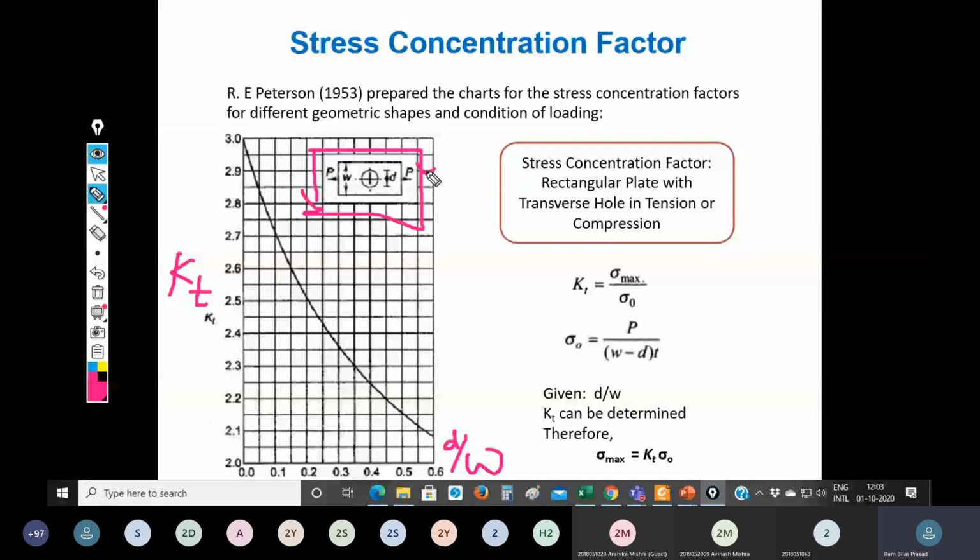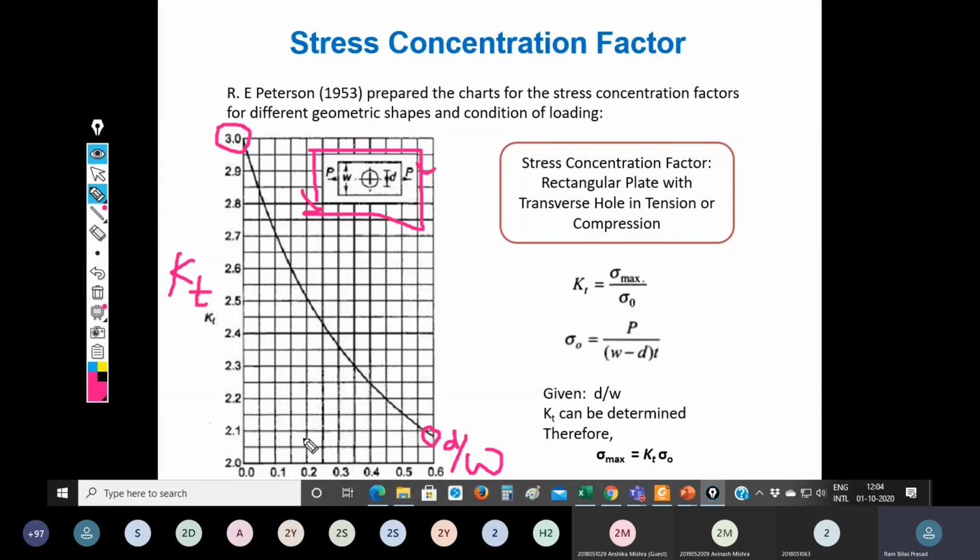So Kt, I can see that the maximum value is 3, right? You should remember the maximum value. Maximum value is 3, and slowly it decreases, and at 0.6 it is near about 2,